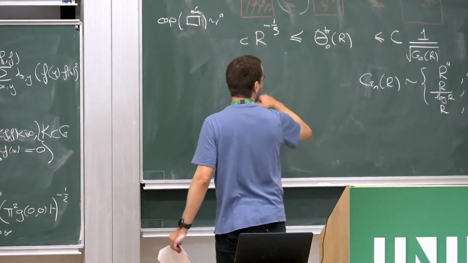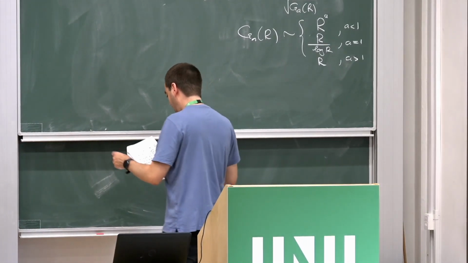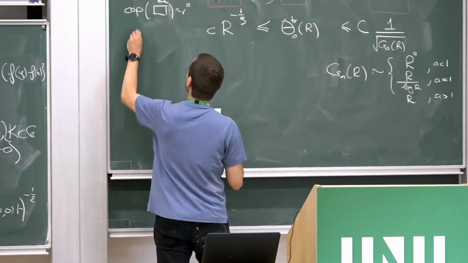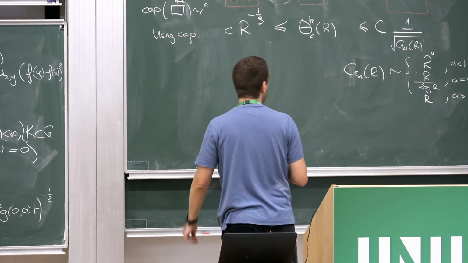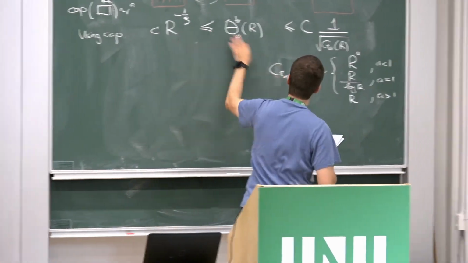Okay, so these bounds, let me mention this, are all using the capacity observable. So on Z^d, these bounds here,